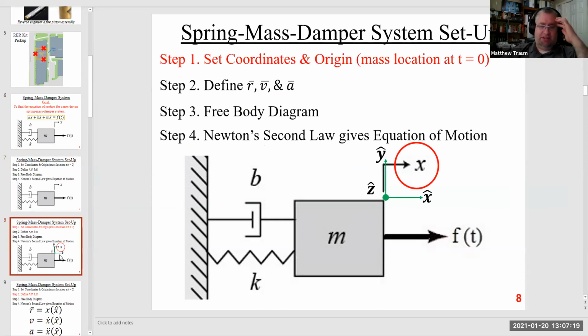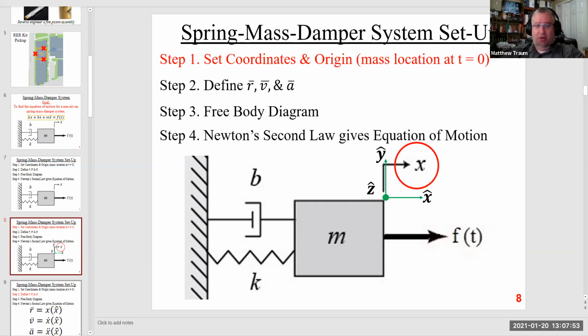So the first step is to set a coordinate system. Now this seems really silly, right? Because by now you've drawn enough free body diagrams that it's like, oh, I don't really need to set a coordinate system. But I would encourage you, every time you do a dynamics analysis, anytime you draw a free body diagram, please set the coordinate system, even if it seems silly and redundant, just so that you have something to refer to and an origin that you can count from. If you make a mistake, it's much easier to catch that mistake if you've determined what the origin is.